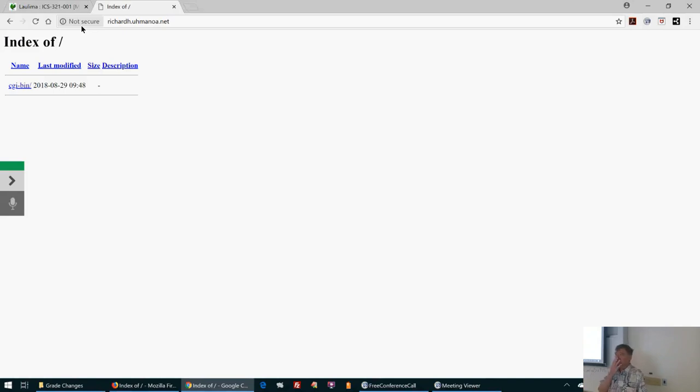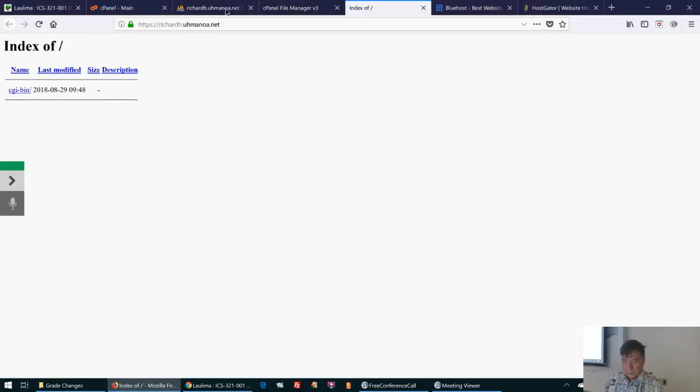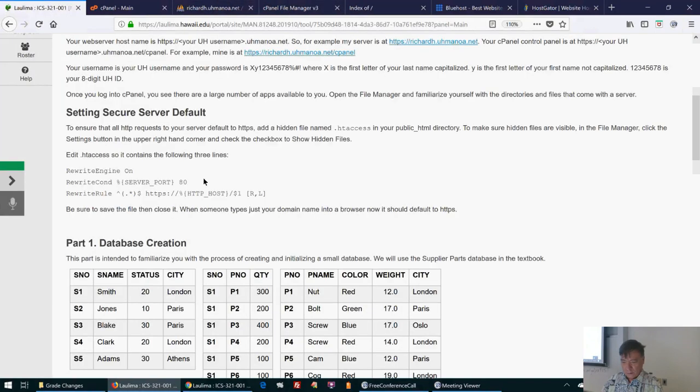You can put a special three-line hidden file in your HTML root directory that will redirect anything that comes in to HTTPS. To do that, follow these instructions. To ensure that all HTTP requests to your server default to HTTPS,